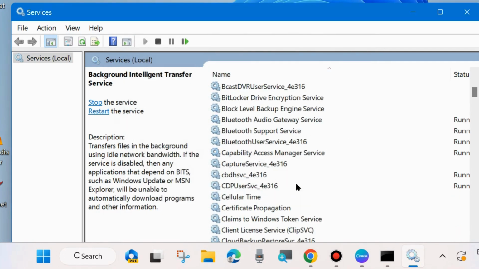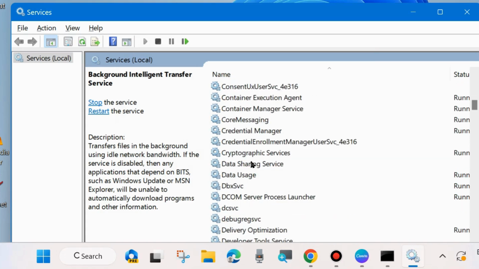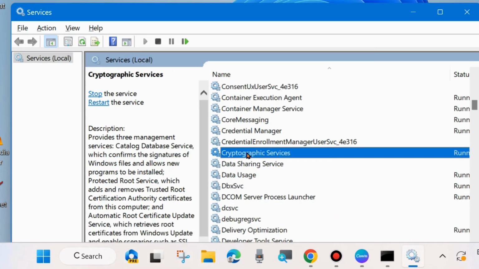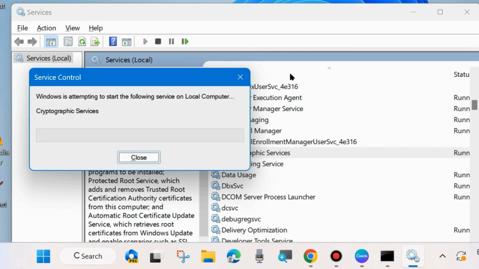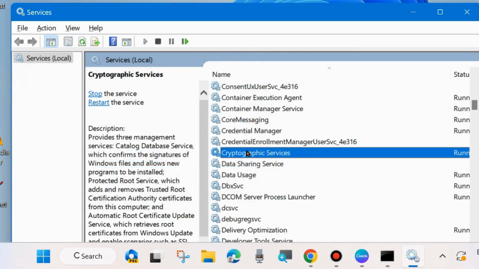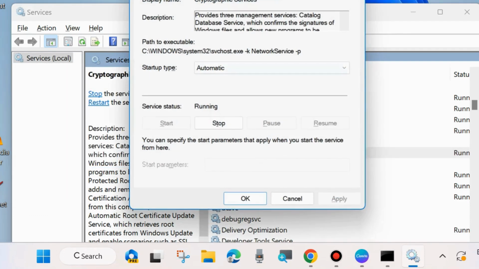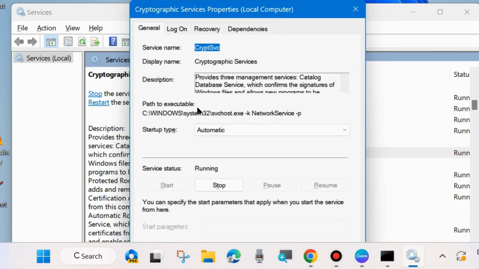The second service you should start or restart is Cryptographic Service. Look for Cryptographic Service, same procedure, right click on it, choose start, and if you found it already in a start mode, then restart it. Open its properties window and set the startup type as automatic and choose apply and OK